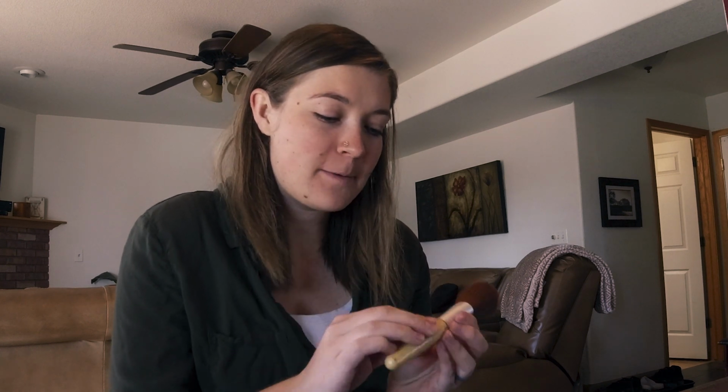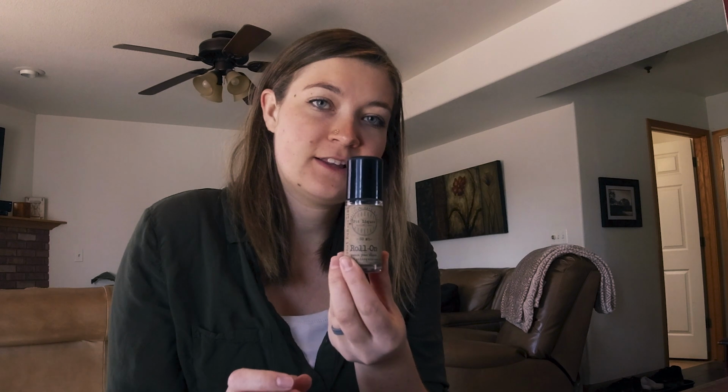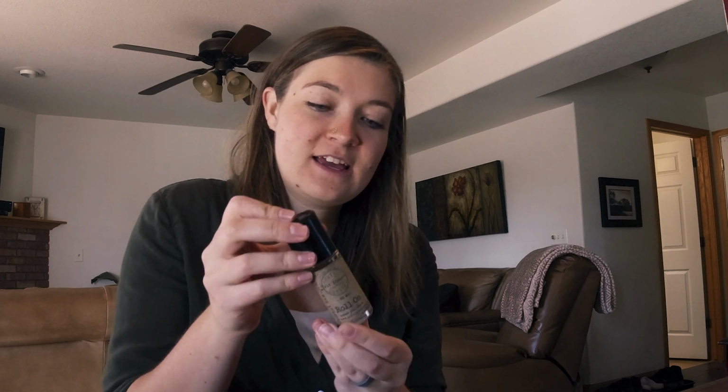They're made out of bamboo and metal. I don't have foundation or blush or powder, but if I was, at least I would have the tools for it. Then I use this pit liquor like I was talking about, which is made here in Fort Collins, and